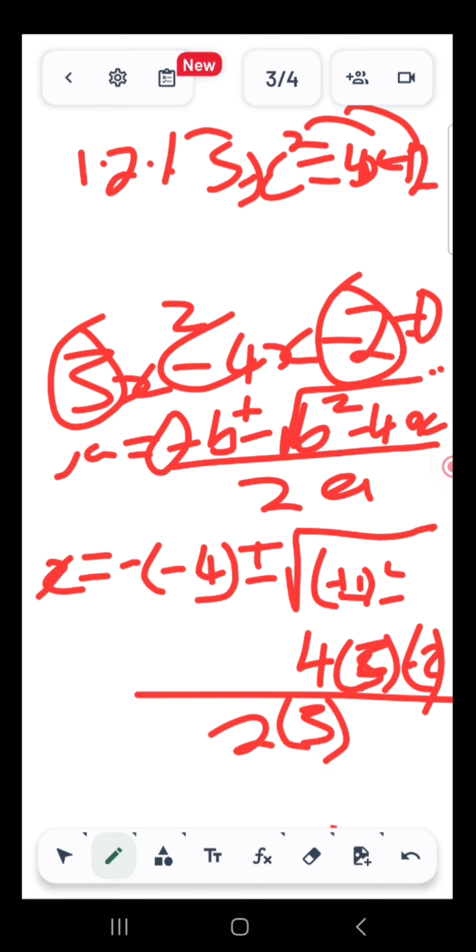That is our formula. And then our final answer is that x is equals to 1,72